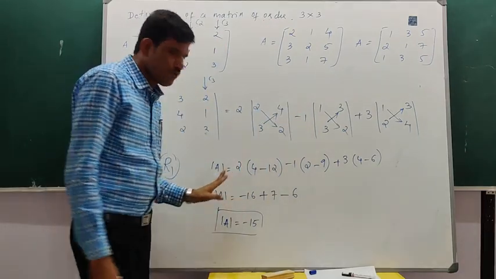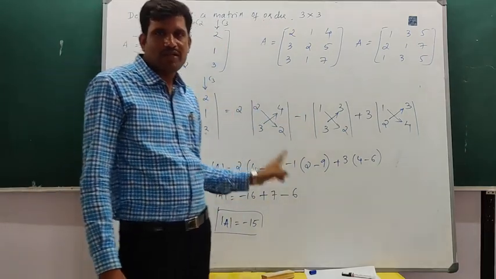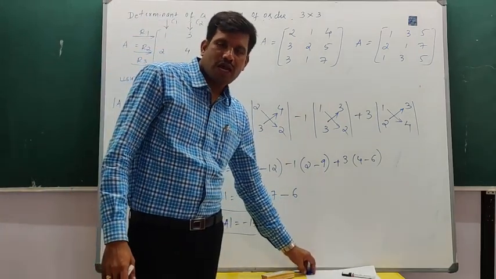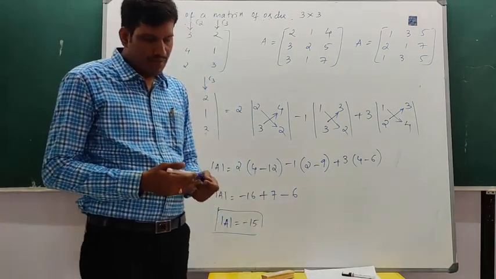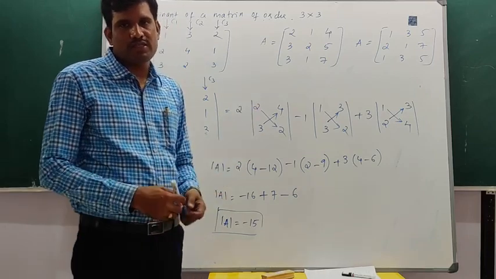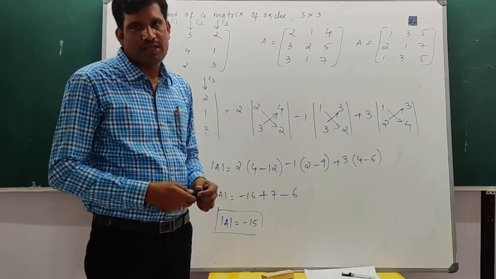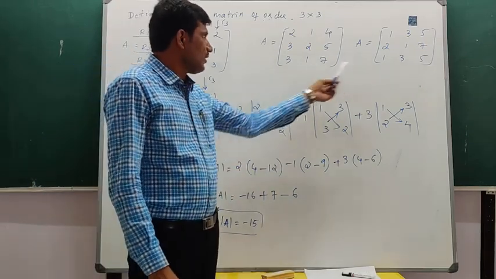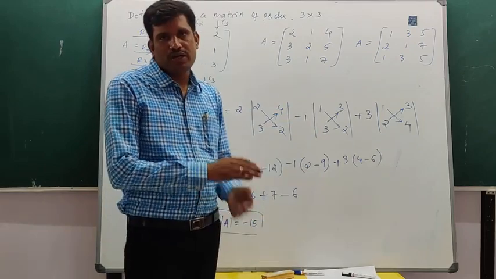I hope you understood the expansion of 3 cross 3 matrix, right? We can expand by using any row or any column. If you have any doubts, let me know in the group. We will explain this expansion of 3 cross 3 matrix once again in the next class, and we'll start with the next concept, that is properties of determinant. Okay, just try to solve these two problems. The remaining things will continue in the next class.